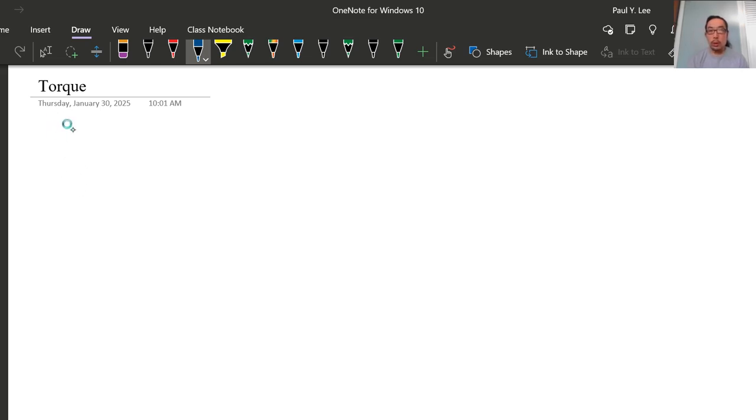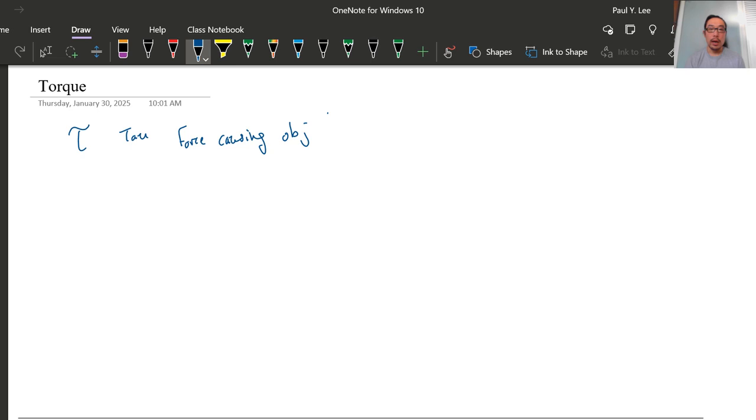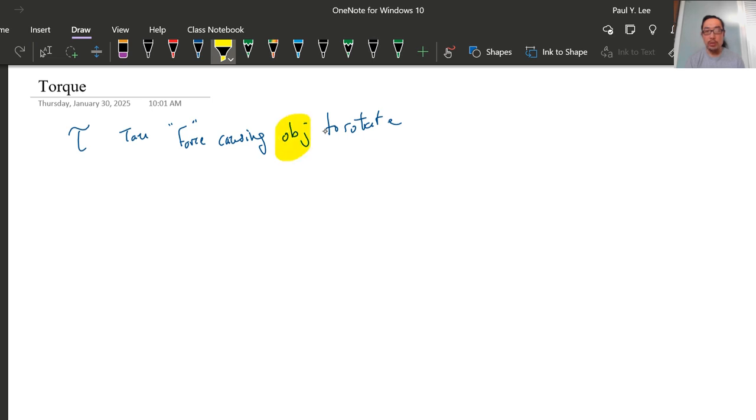Let's begin. So let's go over a couple of the variables that we can use for torque. Torque is this Greek letter called tau, and we spell it T-A-U. But essentially, what torque tells us is the, I guess, quote-unquote force causing the object to rotate. The reason why I'm saying it's a quote-unquote force is because torque actually has the variable force in it. But the important idea is that torque is the thing that's causing an object to rotate or